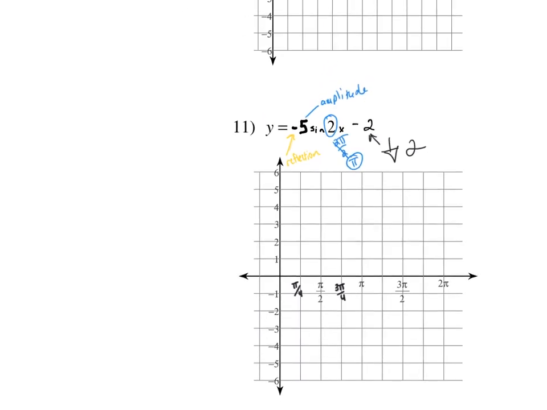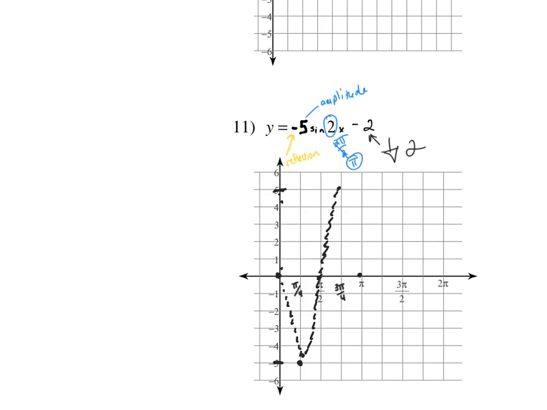So I'm going to do this in pieces. I'm going to graph this sine. My amplitude is 5, so 5 and 5. I'm going to do the reflection, and then I'll do the vertical shift in a second. The first thing is it's a sine curve, so it starts at the x-axis. But in this case, instead of going up, it's going to go down to -5. Then here, then up here, then here. So this is what your sine curve looks like